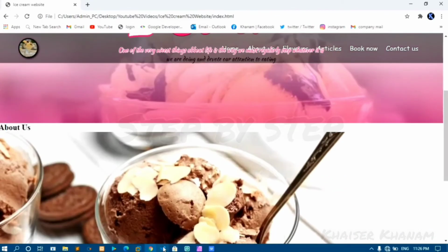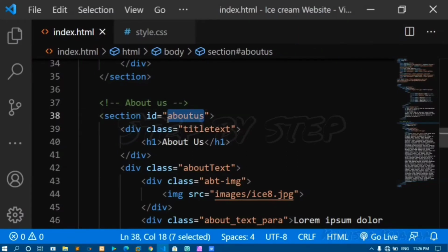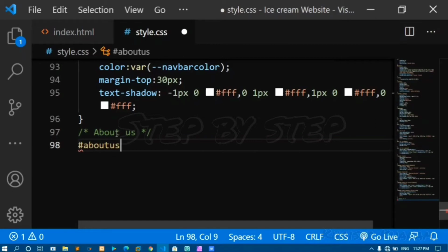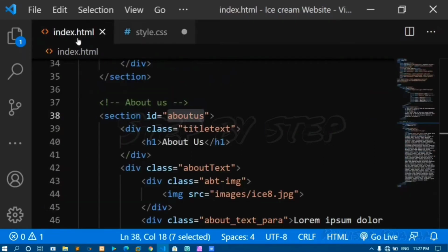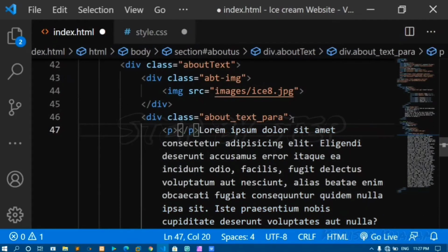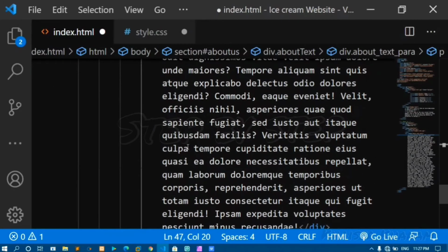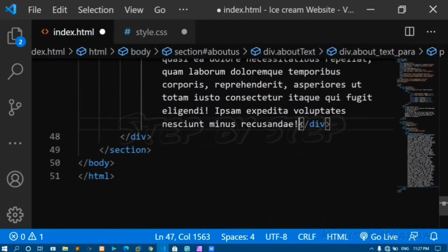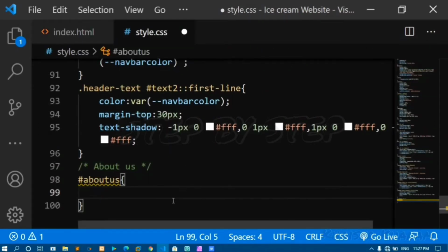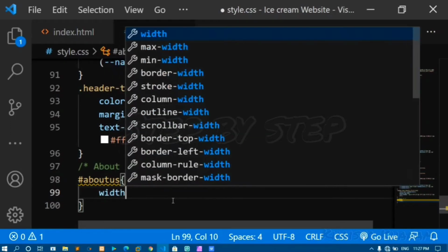Now let's style our about. Copy this ID. Before this write one comment as about us. Below this I'll paste the ID here. I just want to close this inside my paragraph tag. Now for about us ID, I want width as 100%,